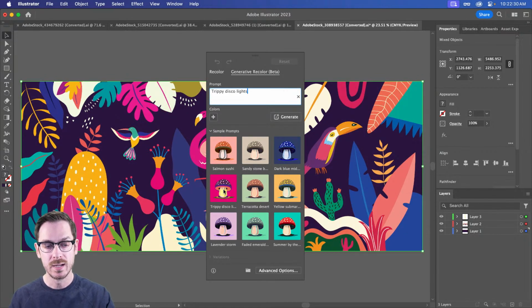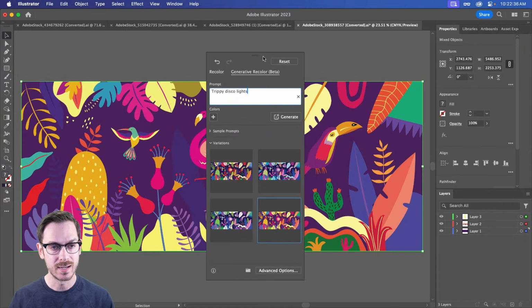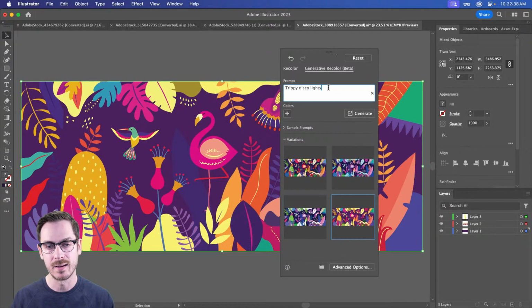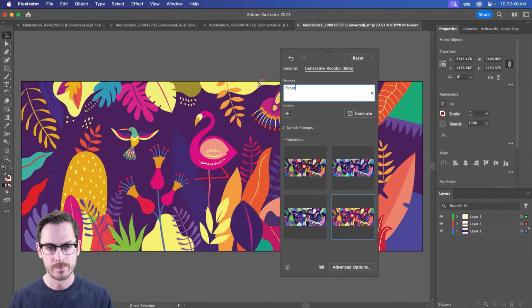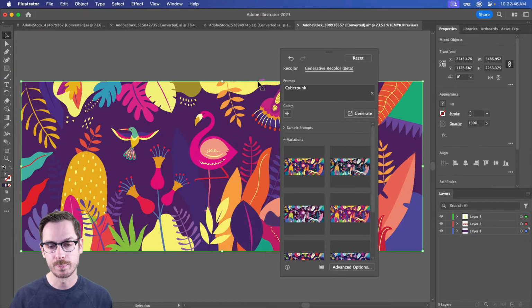I can either choose the options down here at the bottom, and it's going to give me some new color palettes. That one's kind of nice, actually, right? It's got a little bit of a washed out look to it, but it's kind of nice. Or I can enter, maybe let's say cyberpunk. So I can generate cyberpunk colors for this particular artwork